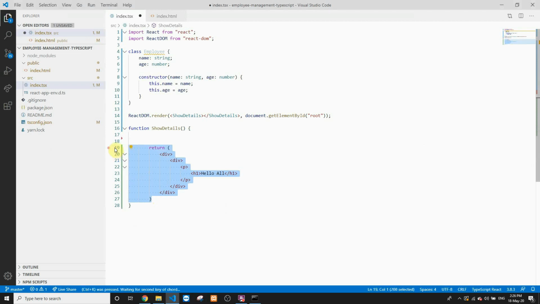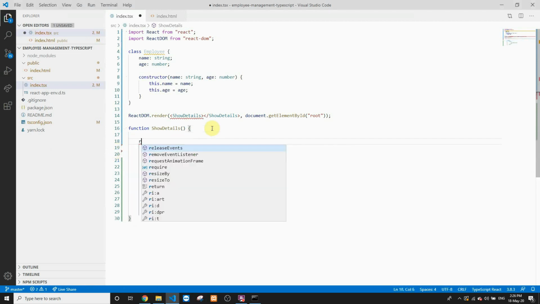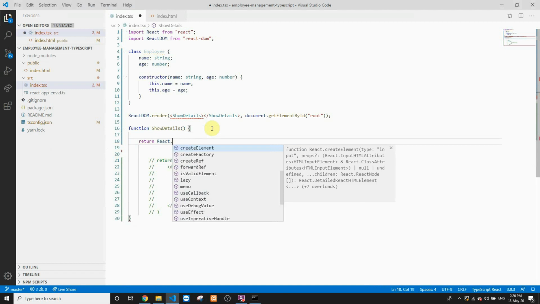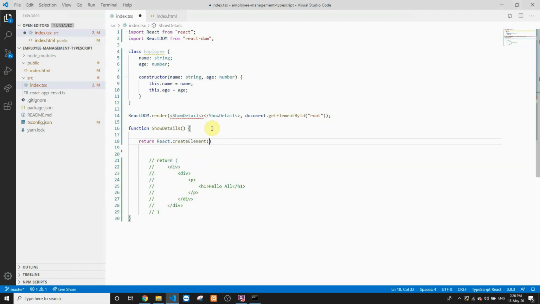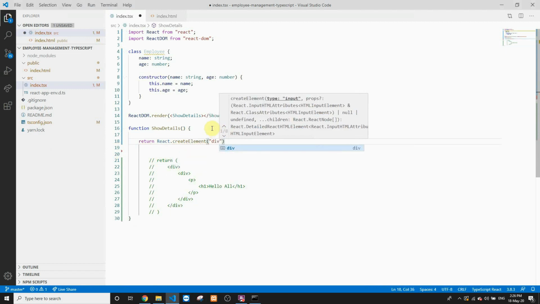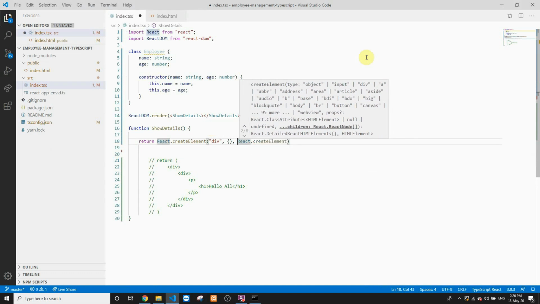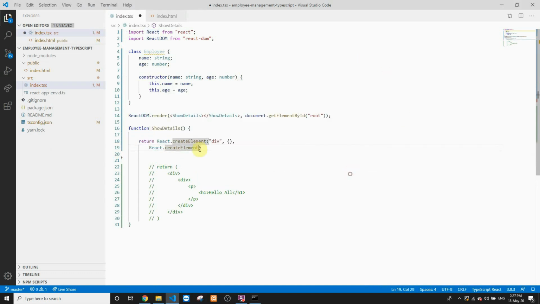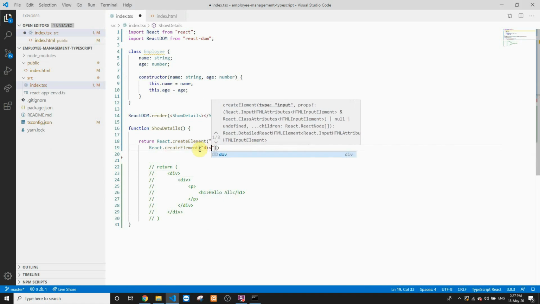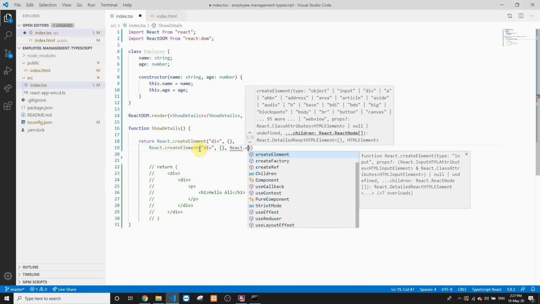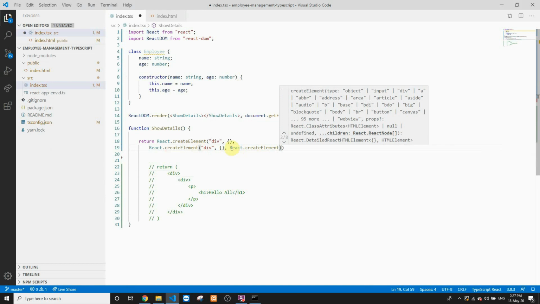So I'll comment out this particular line of code and we'll try to recreate this using return React.createElement. The first element on the top is div. Inside this div we have no attributes. This div contains another div, so we'll write React.createElement. I'll move this React.createElement to the next line. So this div that we have inside the div again contains no parameters, and it contains furthermore elements like paragraph. So we'll write React.createElement again. Now this element is a paragraph element.